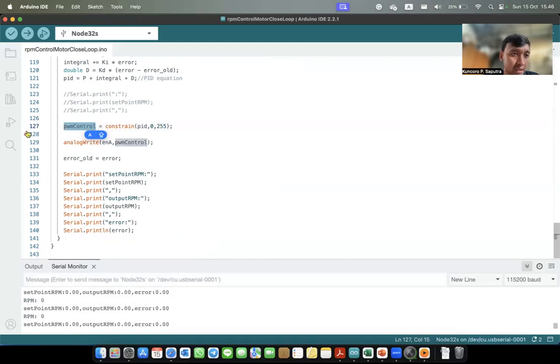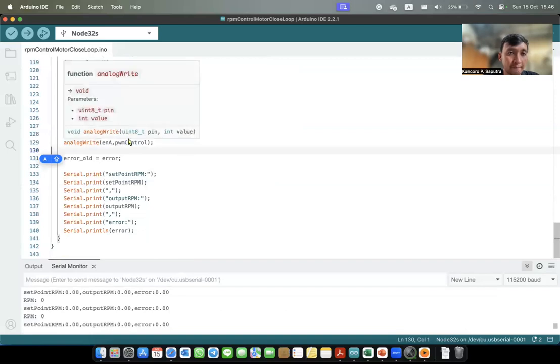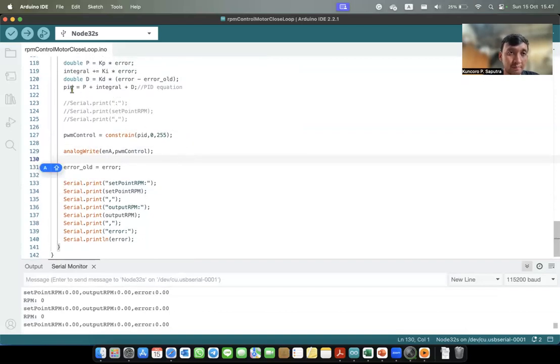So in this line, we save the PID to the PWM control, but we should make sure that the PID value has a range from 0 until 255. So we use a constrain function to make sure that the PID value is in the range from 0 to 255.